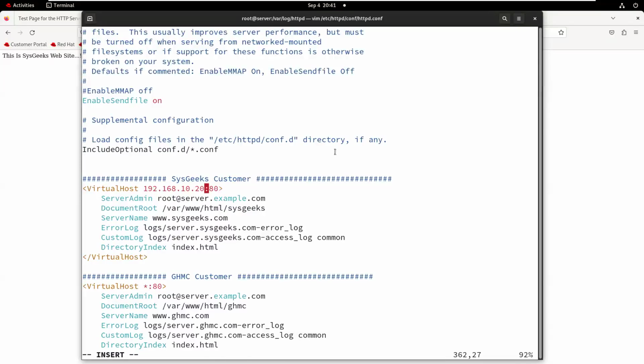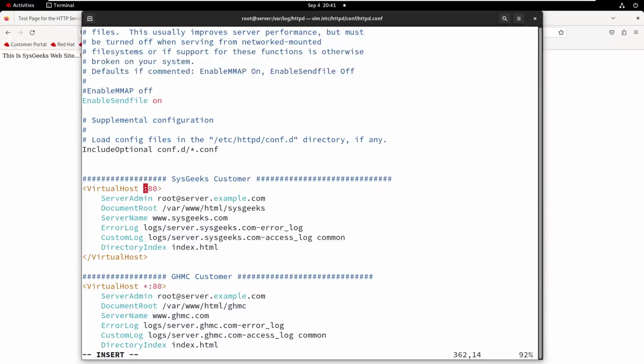Then what do people do? Just write the IP address here and then add your details here. Then this sysgigs.com website runs with the 192.168.10.20 IP address. The same IP address you will update in the /etc/hosts file. So generally, if you want to host any website with a particular IP, here we can change it.